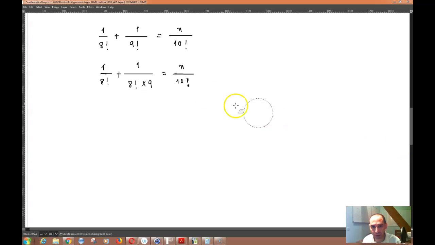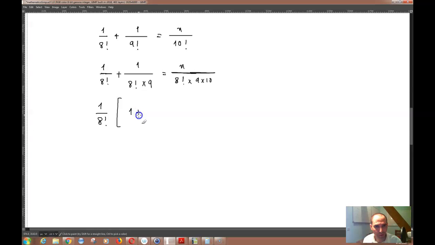and I can do this as well, meaning that I can write this as, for example, x over 8 factorial times 9 times 10, and then take a 1 over 8 factorial out. So 1 over 8 factorial, take it out, that would be 1 plus, for example, 1/9 is equal to 1 over 8 factorial times x over 90, and then I could simplify these two together,